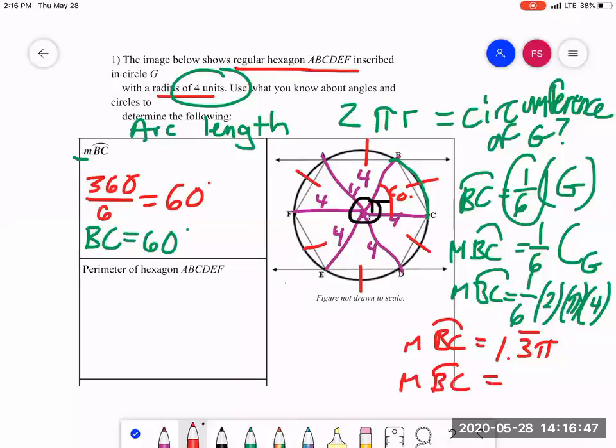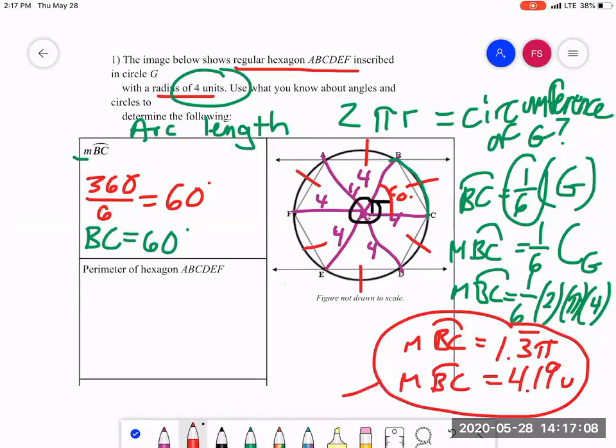I'm just going to go ahead and plug it into the calculator. So I'm doing 1.3 repeating times pi. And that gave me 4.19 units. All right, so that's how we solve this first